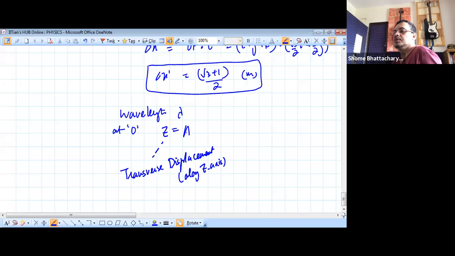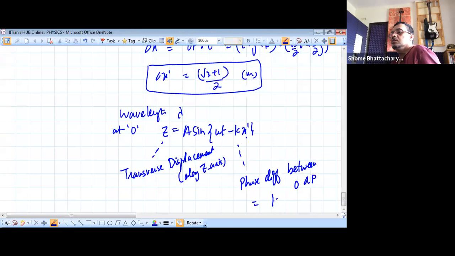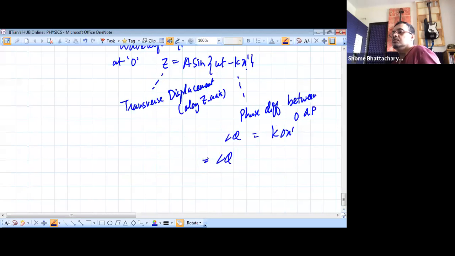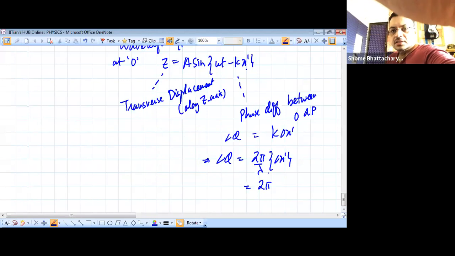So at a point, it is some amplitude into sine omega t minus k x prime, where x prime is along that x prime axis. So any 2 points which are at certain distances, the phase difference between O and P will be nothing but k into delta x prime. So that will be the phase difference. So the phase difference will become 2 pi by lambda into that delta x prime. So I think lambda is given to us in the question. If I'm not mistaken, lambda is